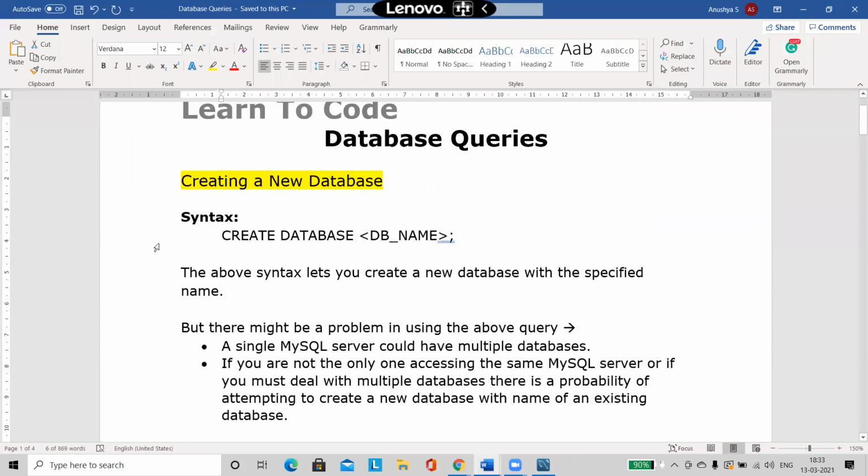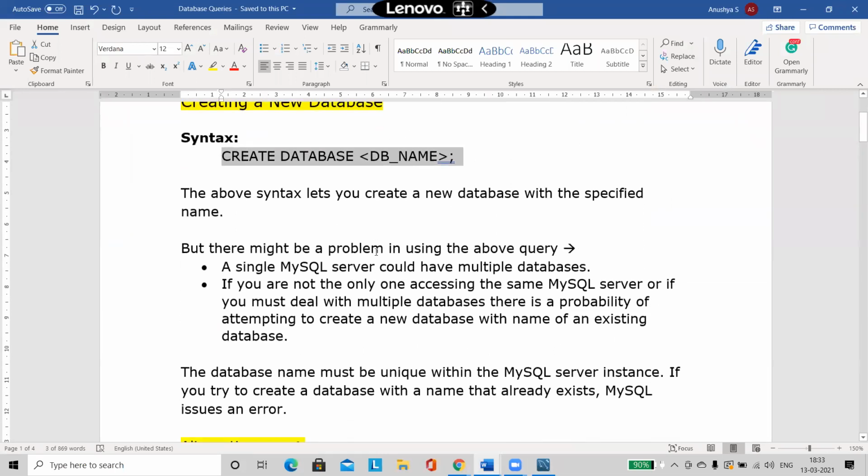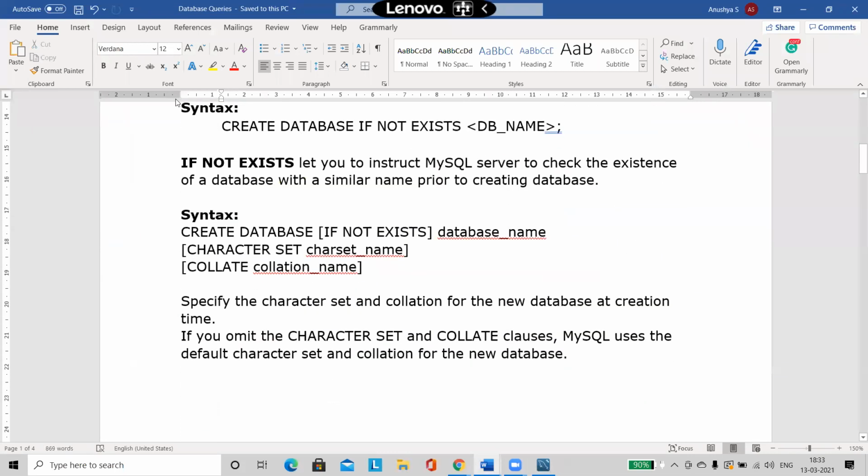So you can use this syntax, which is a very simple syntax: just say create database followed by the database name. Or else we can make use of this syntax, which is also similar: create database if not exists, then you mention the database name.